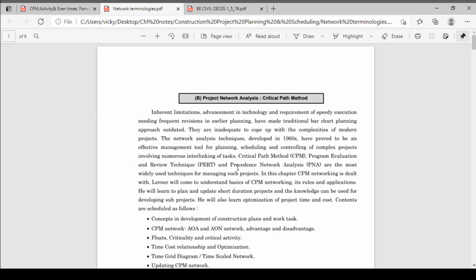Okay, well, friends, in today's lecture we are starting the main topic, that is the critical path method. Okay, project network analysis. How will we analyze the network? What is the critical path method? That we'll see. First, inherent limitations, advancement in technology, and the requirement of a speedy execution needing frequent revision